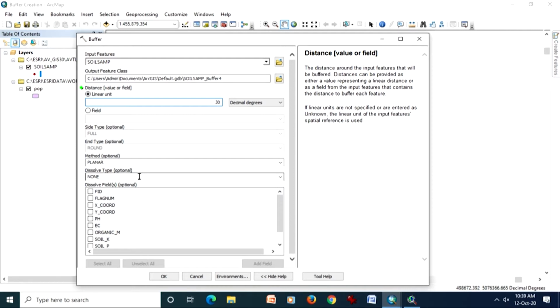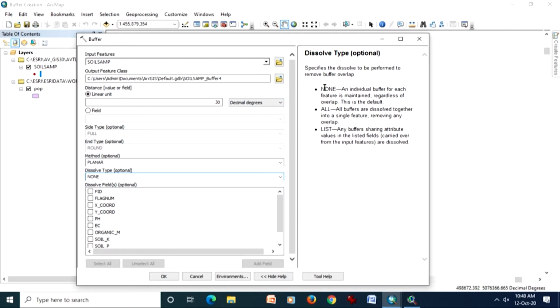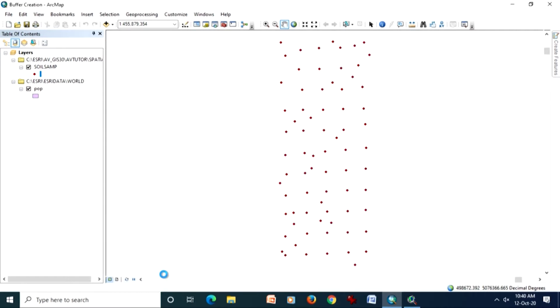Basically, when we go to dissolve type, as you can see, if we choose none, then an individual buffer for each feature is maintained, and when we say dissolve all, then all buffers that overlap will be dissolved. For the time being I am going with the default, that is none, and let us do this buffering. It may take some time, and then we get a buffer layer as per the given units or distance.